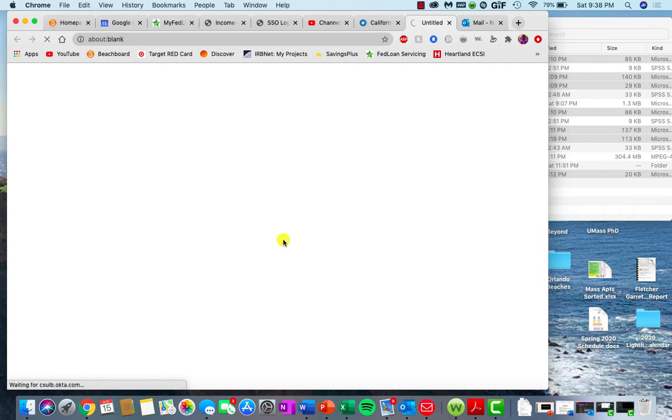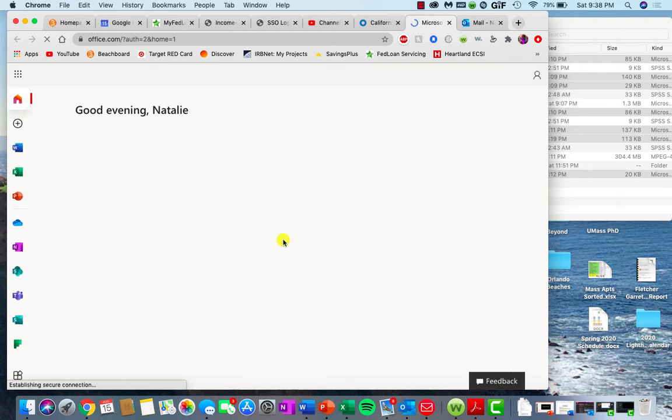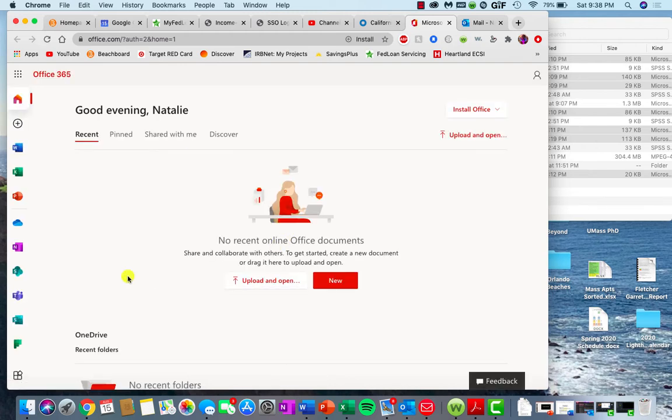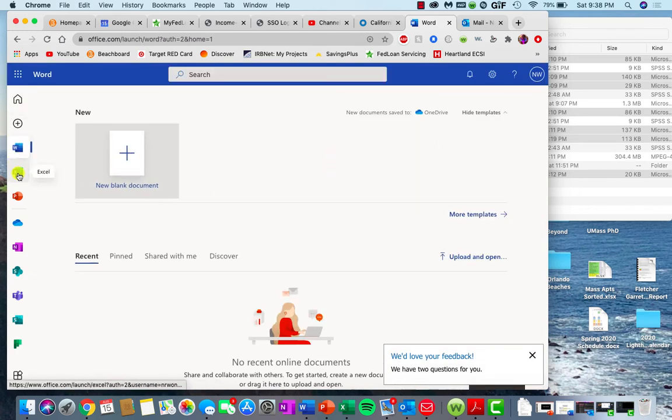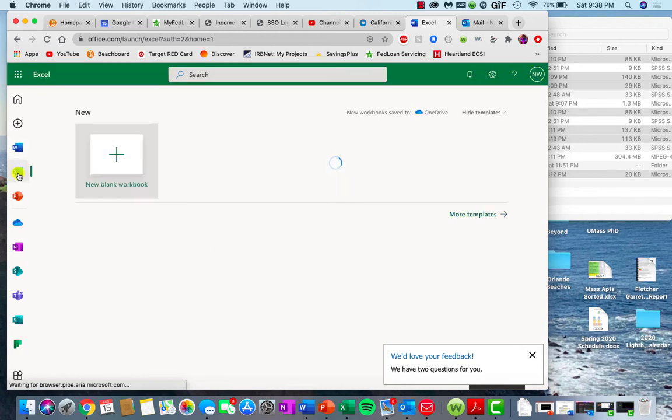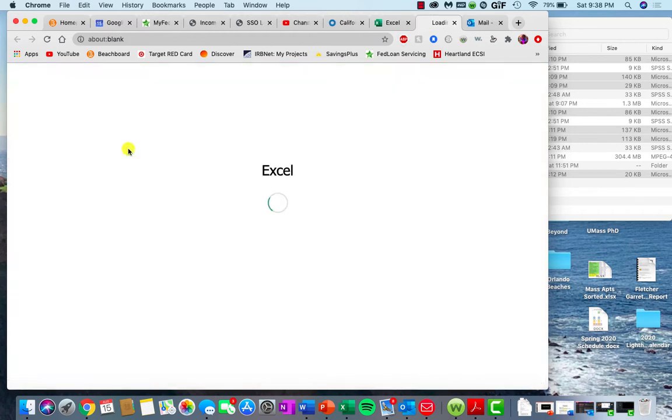So if you click on this, it should open all of your Microsoft apps that the university provides to you for free. It's like the best word for college students. Okay, but in your Microsoft apps, you have access to Word, you have access to Excel. The one thing I was saying, and I'm not sure if they have updated this since everyone's more remote, but I do know you guys are going to be working with Excel a